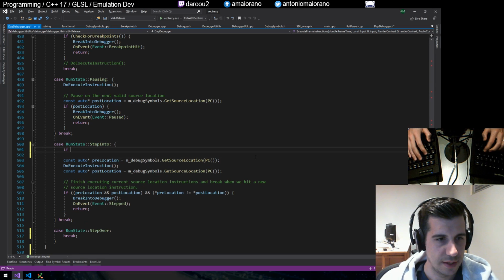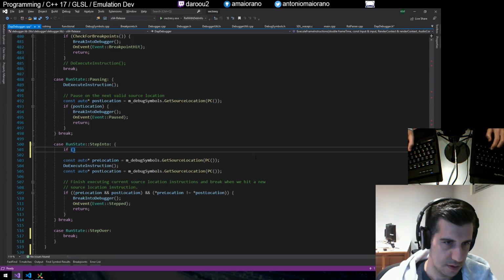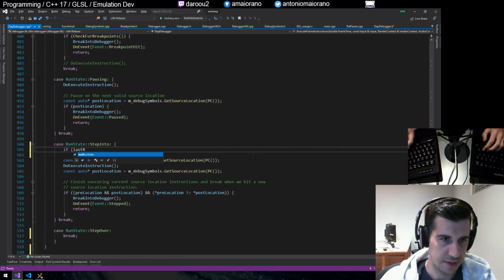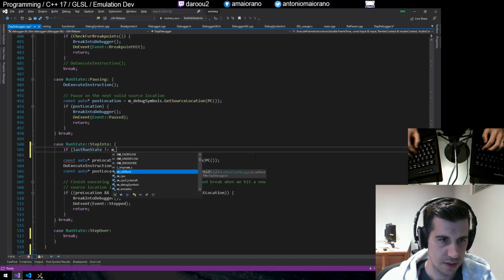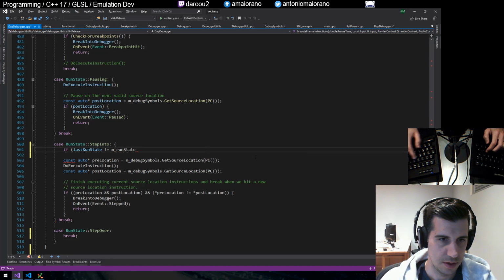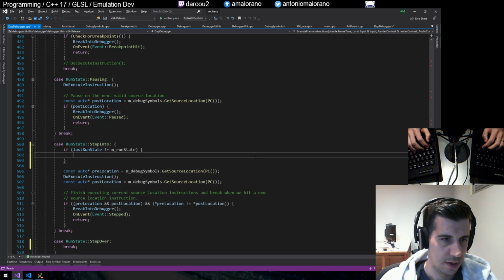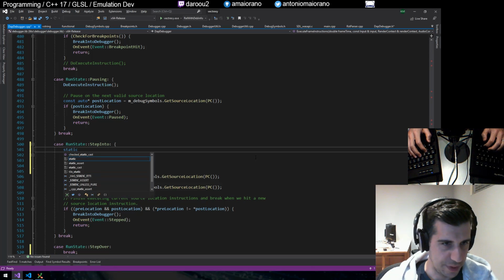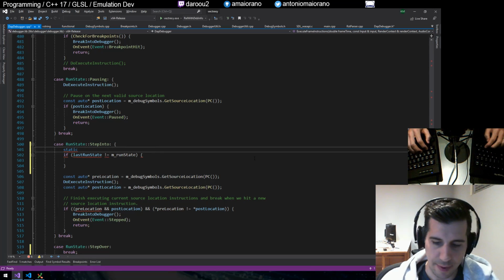So, all right, let's say if the last run state is not equal to the current state, so we just entered the state. So this is where I'm going to get a little bit hacky for now. I just need to remember